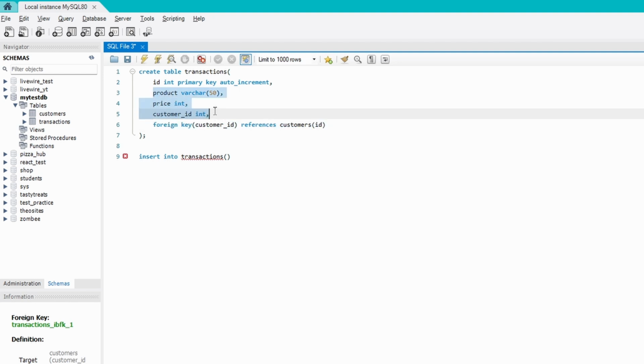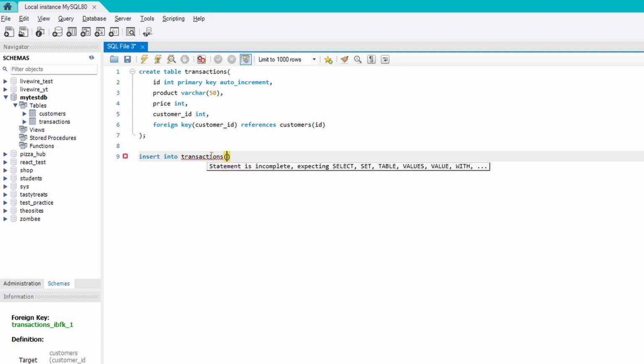It's just these three values we need to pass in. So I might have spelled that wrong, but we'll see when we run this. I want to pass in product here, and then comma, and we want to pass in price, comma, and then customer underscore ID. And for values here,